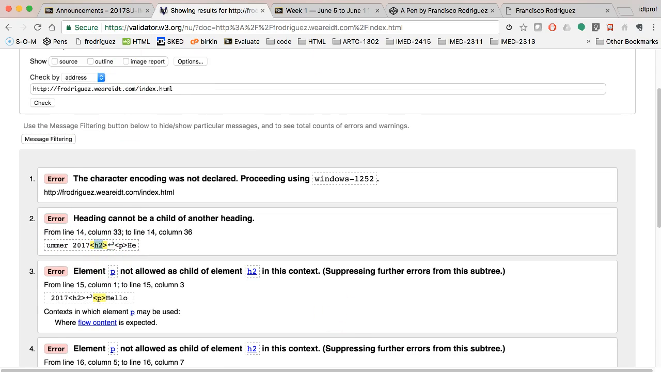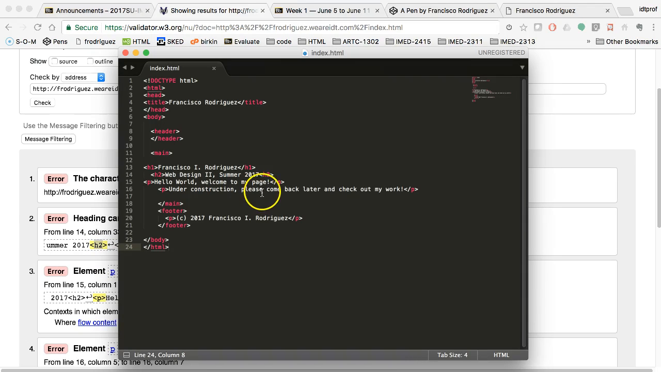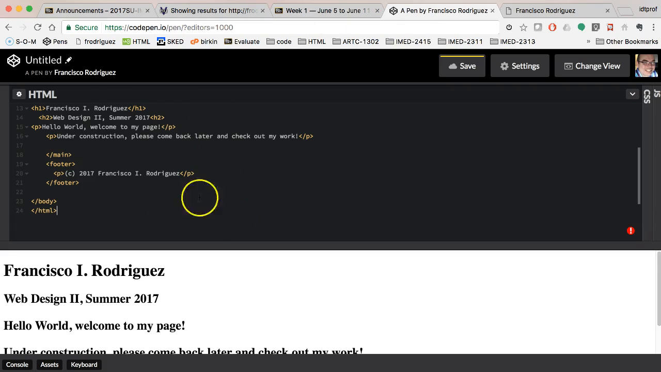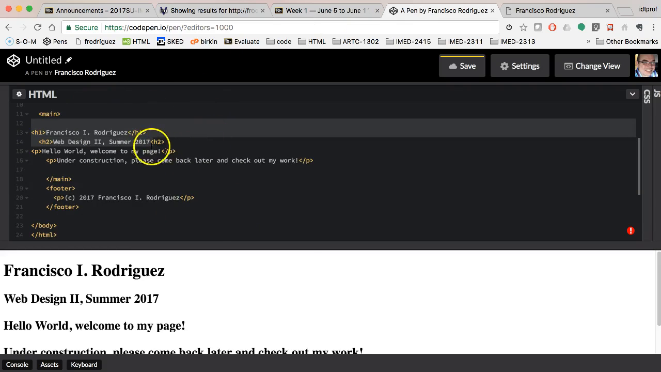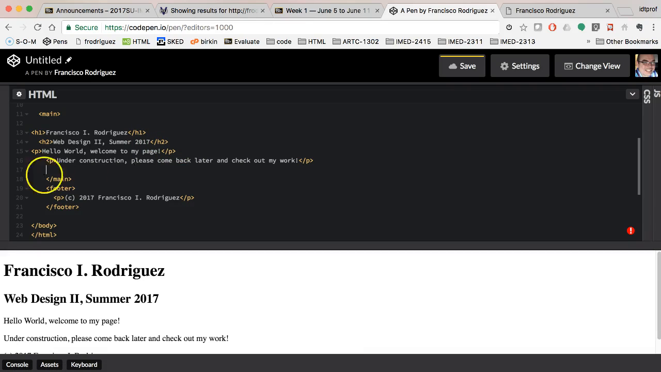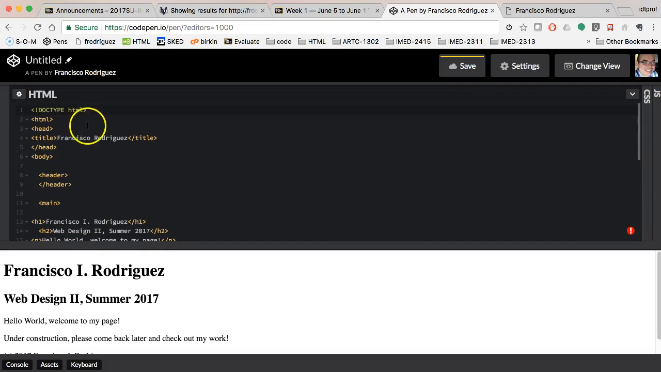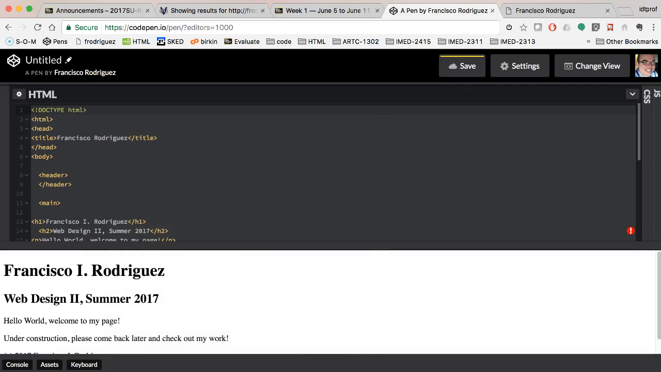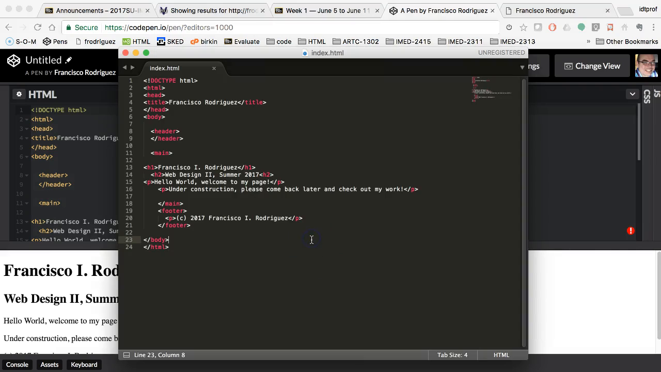So I'll go back into my text editor, and actually I'll go back to the pen so I can fix it here. Here's the pen. And right there, that H2, I'm going to close it, H2. That would also explain why everything is sort of cattywampus. Over here, I will now select all my text, copy it again, bring it onto my Sublime, and replace this code, save it,